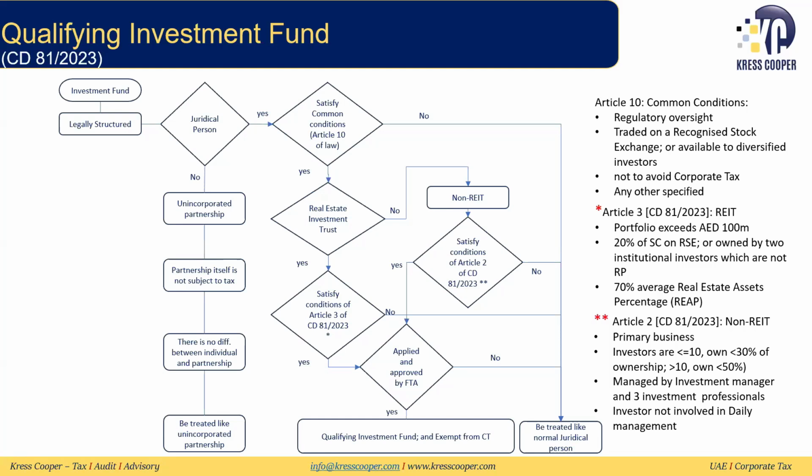So this should be the primary business of the fund. The investors, if they are less than 10, then they cannot own more than 30% of the ownership. If the investors are more than 10, they cannot own more than 50%. They have to own less than that. It has to be managed by an investment manager and 3 investment professionals, and the investors should not be involved